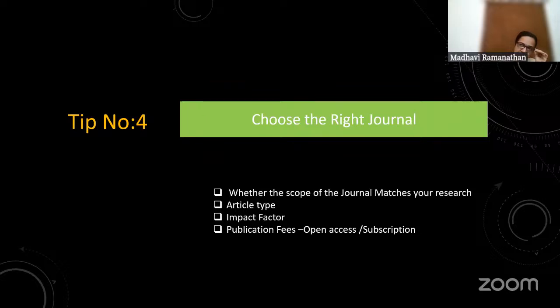So the GAT paper which I was talking about was already a well-known technique, already published in the international journals. But in the context of the Indian scenario, it was not published. So that made the Indian Journal of Ophthalmology the right journal to publish that paper. So whether the scope of the journal matches your research is one thing you should be looking at. And look for article types in that particular journal. Certain journals publish only certain article types. For example, surgical techniques may not be published in many journals, but IJO has something like a surgical technique.